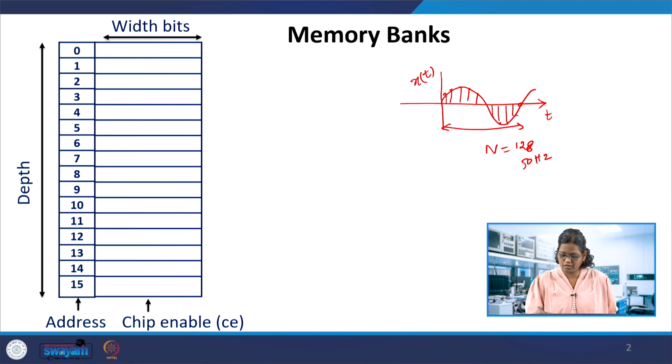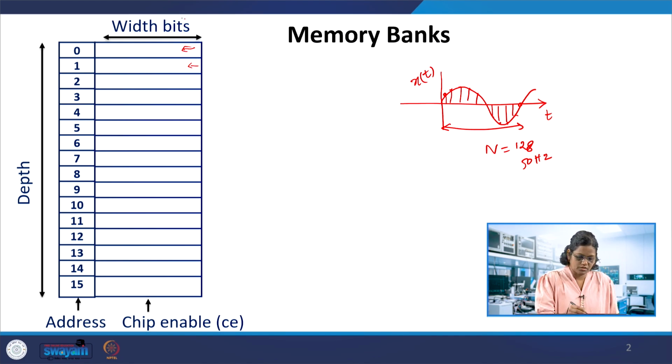and after calculating them, these values are collected and put in a memory bank, where the memory has locations. It looks like that: there is an address, 0, 1, 2, 3, 4, 5, 6, and we can even extend the memory bank address depending on the number of data we would like to store. For n equal to 128, this should go from 0 to 127, and the first sample value is fed over here, then the second sample, third sample, and so on.